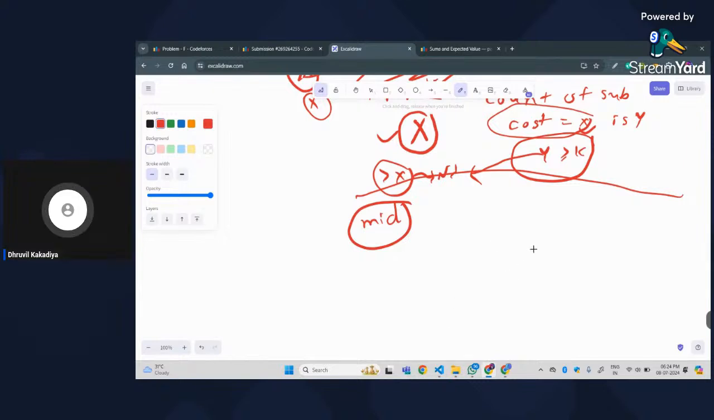Let's say I have some fixed position in the array, and it's my right boundary R. Now, if I find the left boundary L such that the cost of this interval is equal to mid, or less than or equal to mid, then I can say that the cost of every subarray that ends at R and starts from any position in the range 1 to L, where L can lie somewhere here,